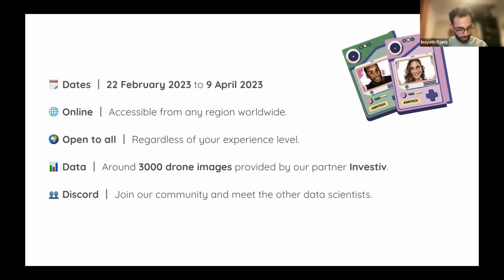So please join our community. You will see the Discord as a city. You will find here the data avenue, and you will find some channels related to the hackathon, and it's an opportunity for you to meet the other data scientists, the other challengers, and there you can share your tips, share help, and find the other opportunities provided by Digital Africa.